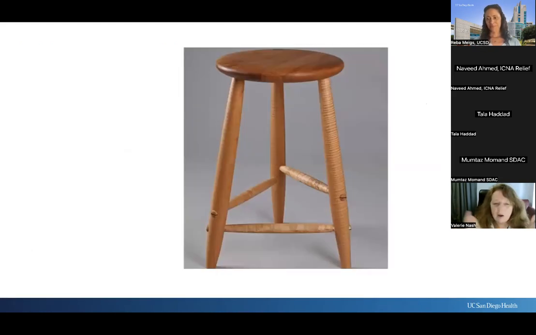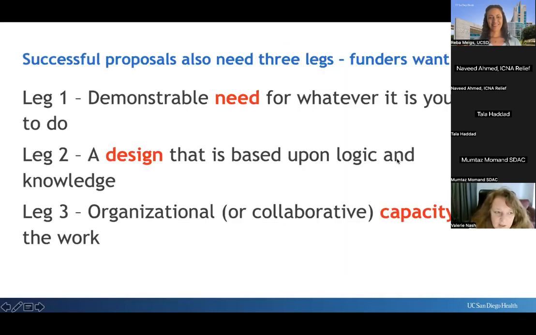Okay, why on earth have I put a picture of a stool with 3 legs in this PowerPoint? Well, I'm going to tell you right now. So go to the next slide. All right. Almost every grant or proposal you write, or any request for funding, funders are concerned about